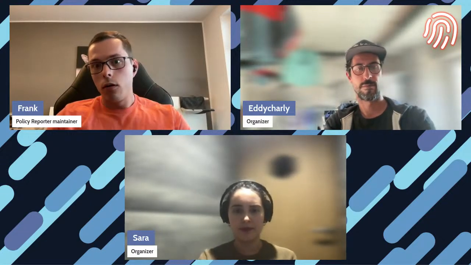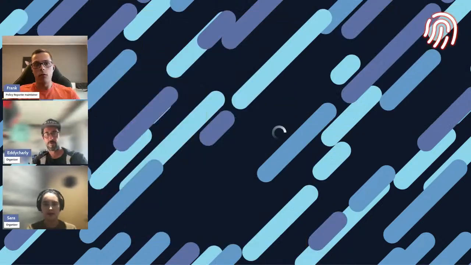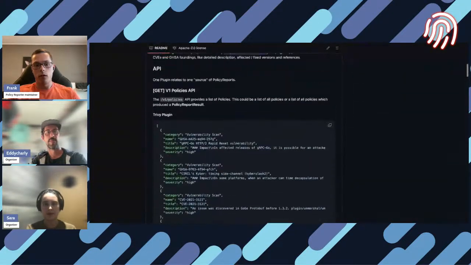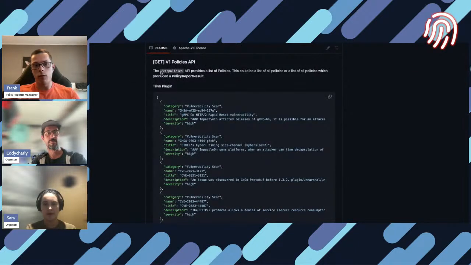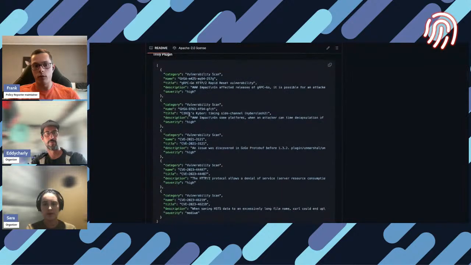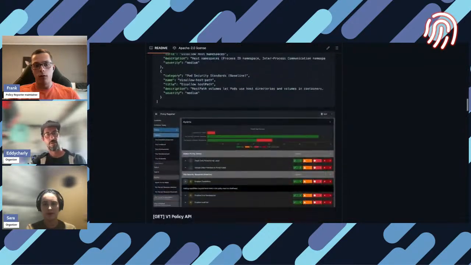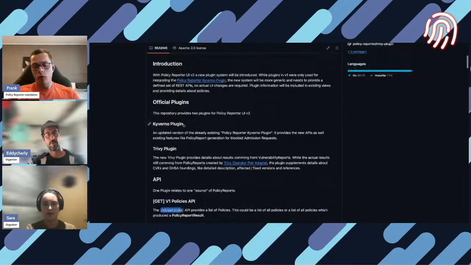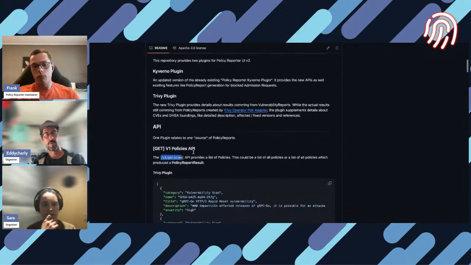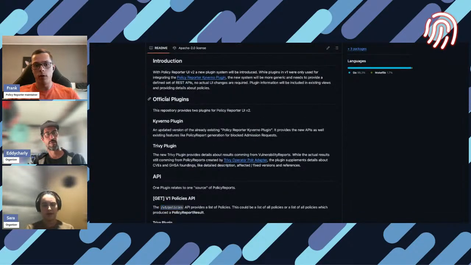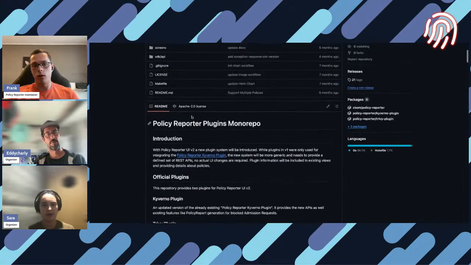the plugin page. So this is the new monorepo style plugin repository. And as mentioned, I basically define a set of REST APIs. So it has to be v1 policies with this kind of response. And then you basically configure your plugin in your policy reporter UI over an HTTP address, which needs to be available within the cluster. It does not need to be an open or publicly reachable URL. And then it